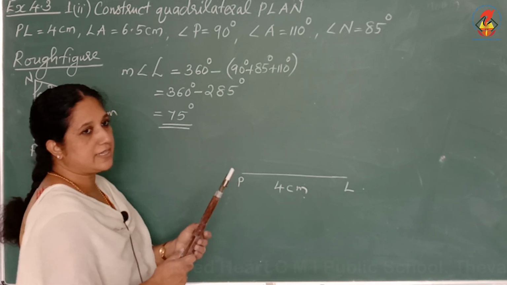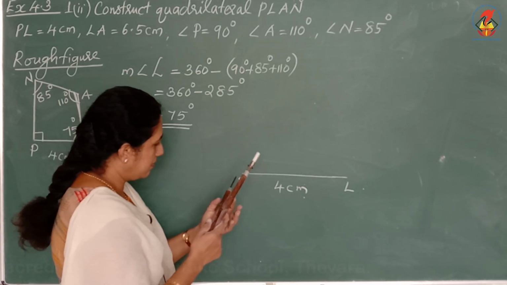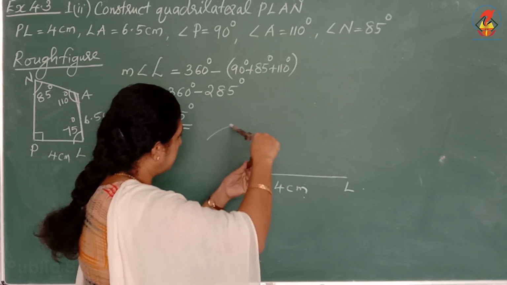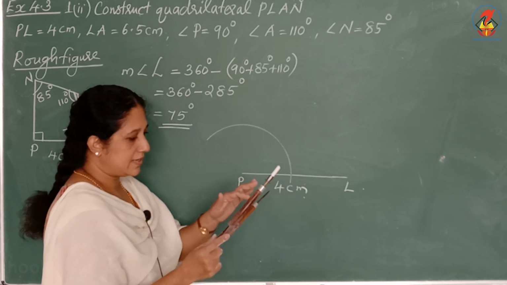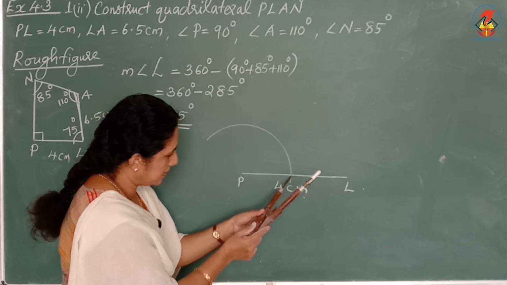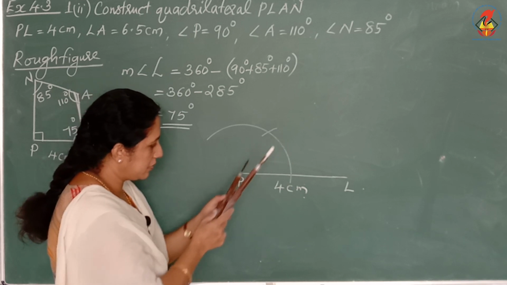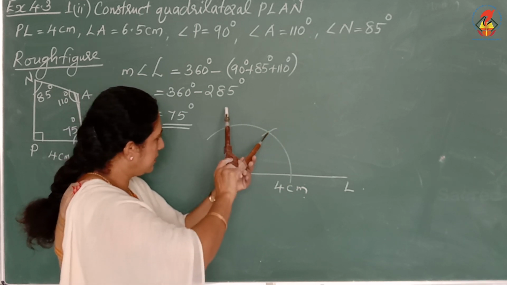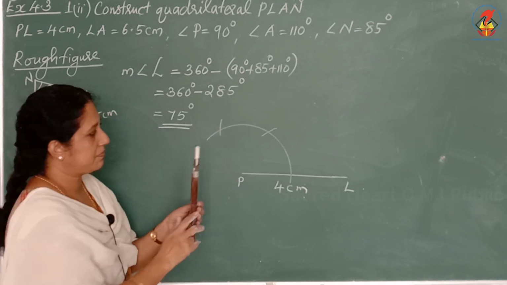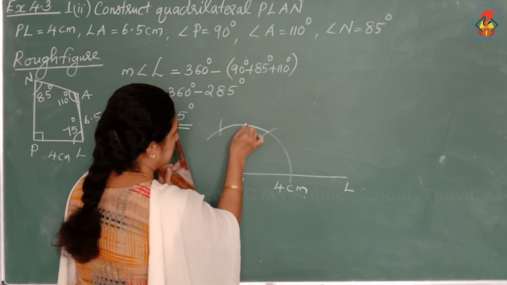Okay. So 90 degree lies between 60 degree and 120 degree. So first of all take a suitable radius, and with P as center, draw an arc. Then no need to change the radius. This arc intersects the line segment at this point. With this point as center, cut the arc. If you join it, you will get 60 degree. Then from that, again you cut it. When you join it, you will get 120 degree. So in order to construct a 90 degree, you have to consider this arc length.